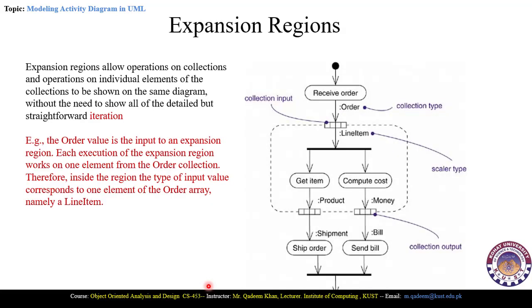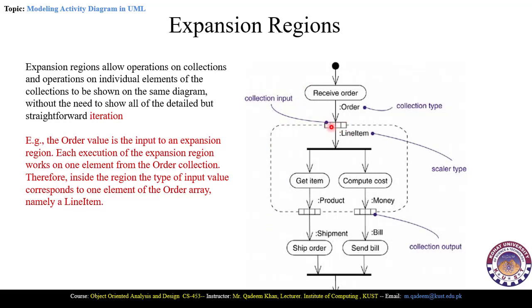In activity diagrams we have the expansion regions. The expansion regions contain the expansion of multiple operations on the collections, and these operations can be performed on individual elements of the collections, which is provided within the same diagram without the need to show all of the details, but a straightforward iteration is performed here. For example, if we receive one or more than one order, we do not provide another diagram, the same diagram is used here,